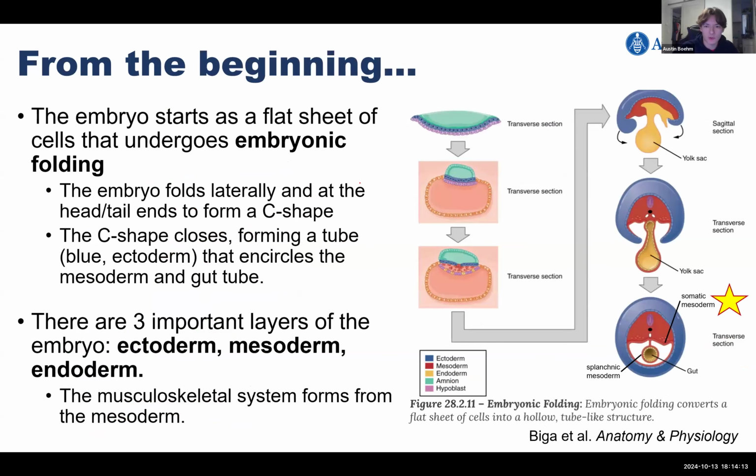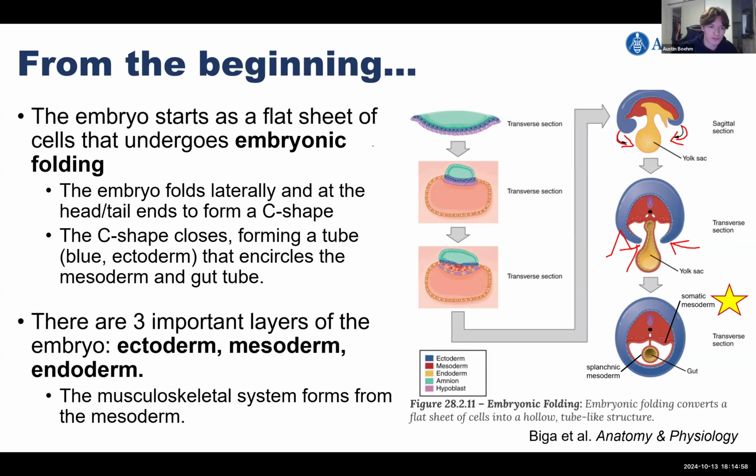So I don't know how much you guys know about embryology, but the embryo and all of us developed starting out as this flat little disc sheet. And from that little sheet, we're going to begin different types of folding. There's two main different types of folding. One of them is cranial caudal folding, which is where we're folding from head to toe, which is right here. And then the other type is lateral folding, which is shown here. And that is how we end up with this hollow section in the middle and how we end up with a